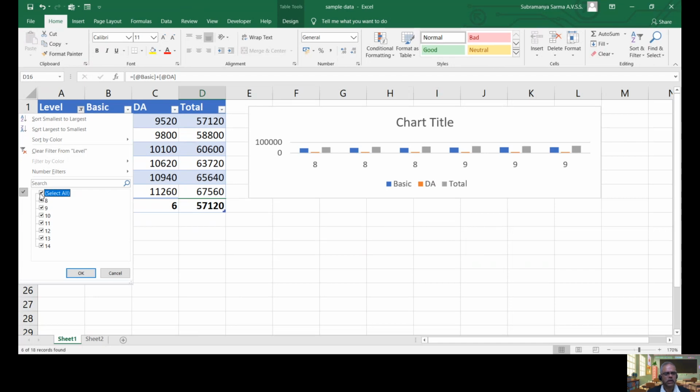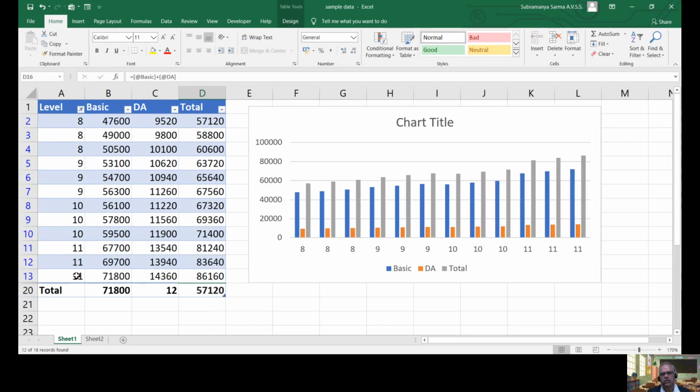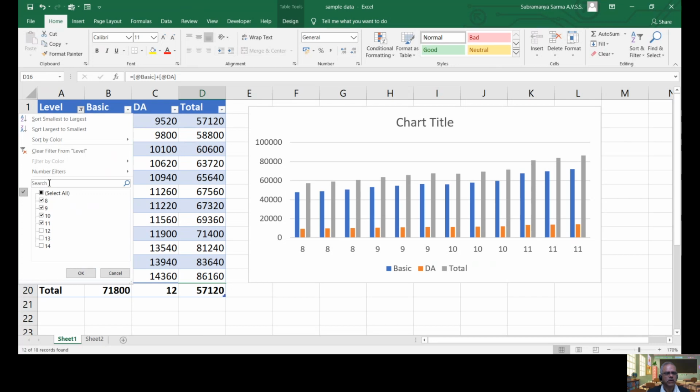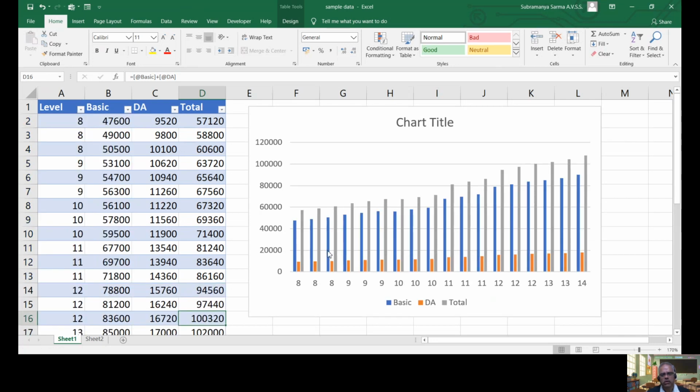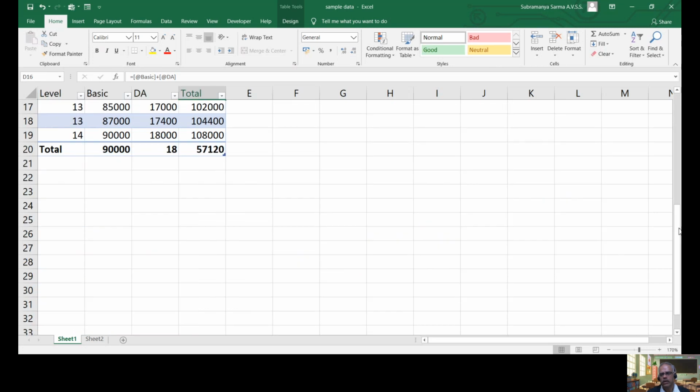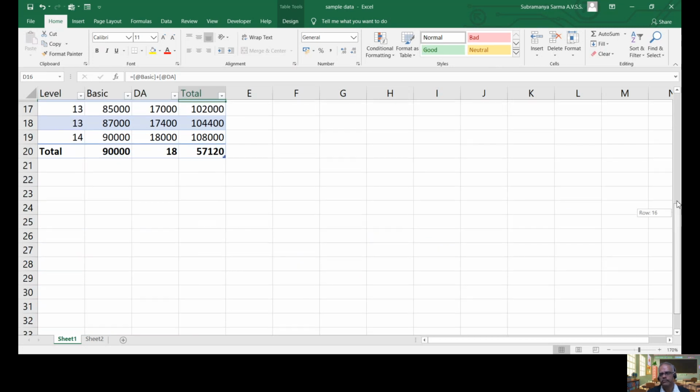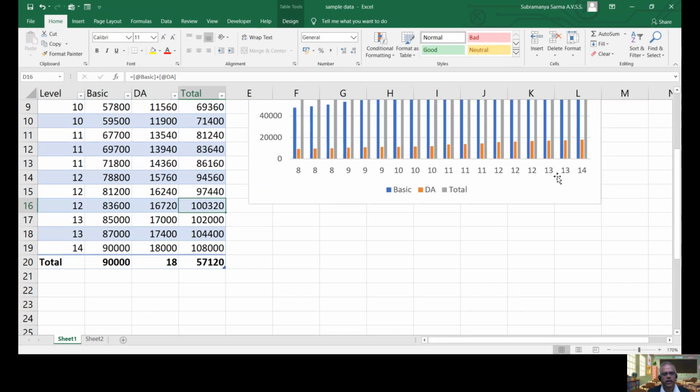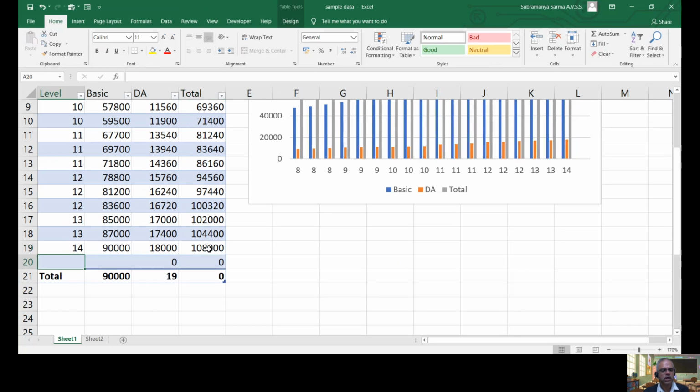Suppose I select four levels, 8, 9, 10, 11, right? Then the chart is readjusted for 8, 9, 10, 11. Now I'm selecting all the values here, and levels 8 to 14 came, right? Now what I'm trying to do is add one more level, so let us see how it works.